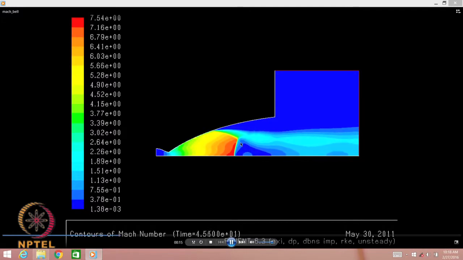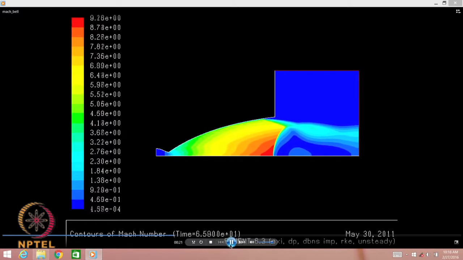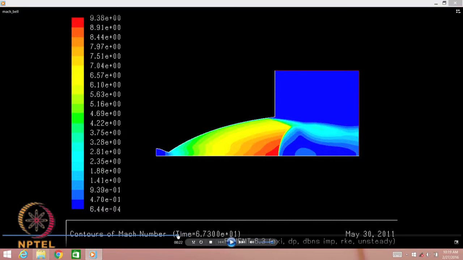So, there is a shock inside the diverging section, and as soon as this shock reaches the exit, we call that our PB critical 2. Somewhere here, for example, in this contour, the shock has just reached the exit.